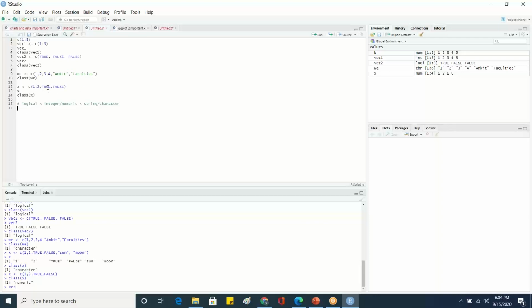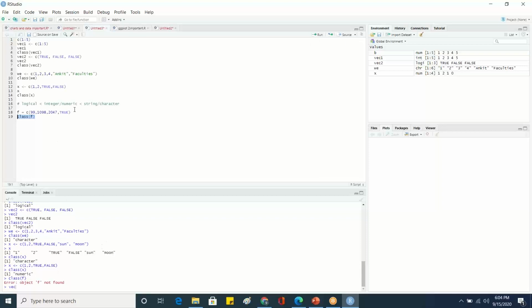Ma'am, the thing is, when you put TRUE and FALSE and also integers, it takes TRUE as 1 and FALSE as 0. For example, if I put f equals 99, 1098, 2047 and so on, and then TRUE, and combine this and ask for class of f. If I only run this, it will give an error saying f not found, because I did not run the command to load it.